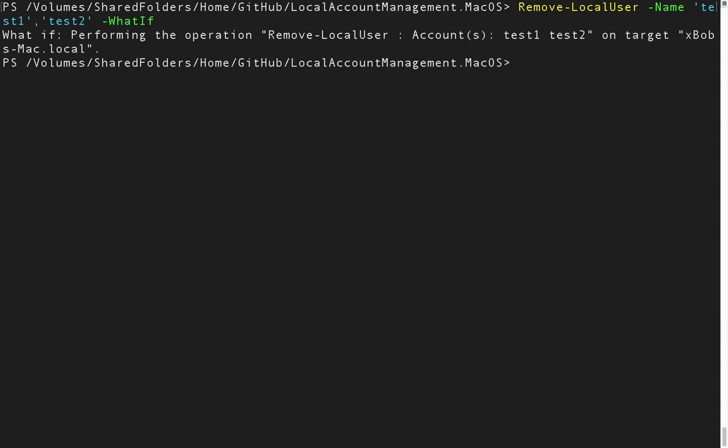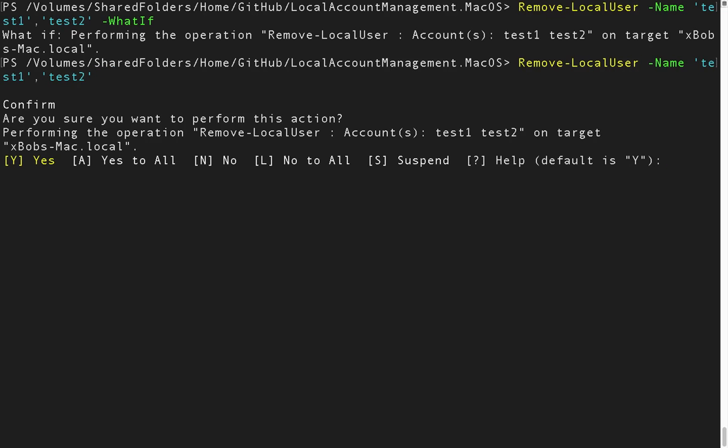And you'll see here it says, performing the operation remove local user accounts test1 and test2 on target, and this is my local host here. So again, if I don't do anything here, it'll actually want me to confirm the deletion of these accounts. So right now I'm going to just say L, which is no to all,